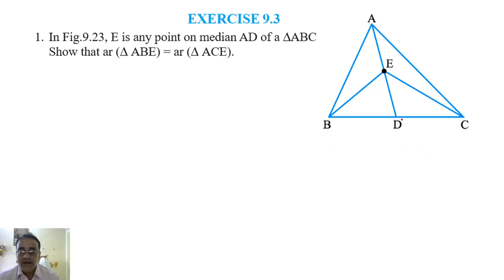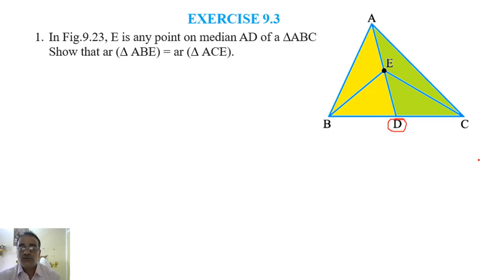See, AD is the median, so D is the midpoint. D BC का midpoint है. Why? So AD is the median. Right, AD is the median. So you see these two triangles are equal in area because we have studied one property that median divides a triangle into two triangles of equal area. So जो येलो कलर का जो ट्राइंगल है और जो ग्रीन कलर का जो ट्राइंगल है दोनों एरियाज में इक्वल होंगे. Is that clear to all of you?